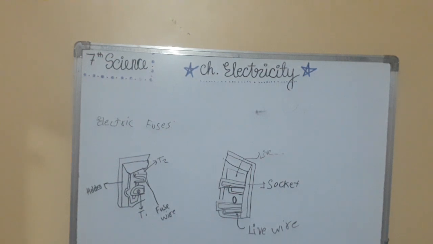This is the diagram. After that, in between the copper clamps is fixed a fuse wire, which is an alloy of 60% tin and 40% lead. Now different fuse wires can have different thickness. The more the thickness of the wire, the more electric load it can withstand, and vice versa.